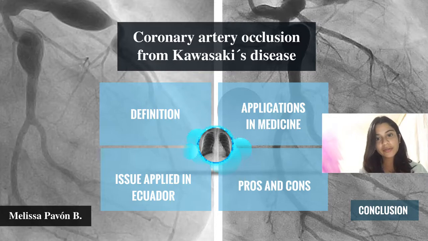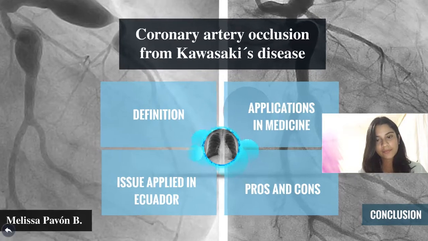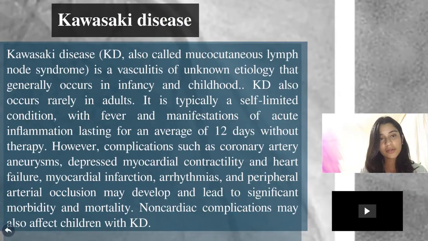Coronary artery occlusion from Kawasaki's disease. Kawasaki disease, also called mucocutaneous lymph node syndrome, is a vasculitis of unknown etiology that generally occurs during infancy and childhood. KD also occurs rarely in adults. It is typically a self-limited condition with fever and manifestations of acute inflammation lasting for an average of 12 days